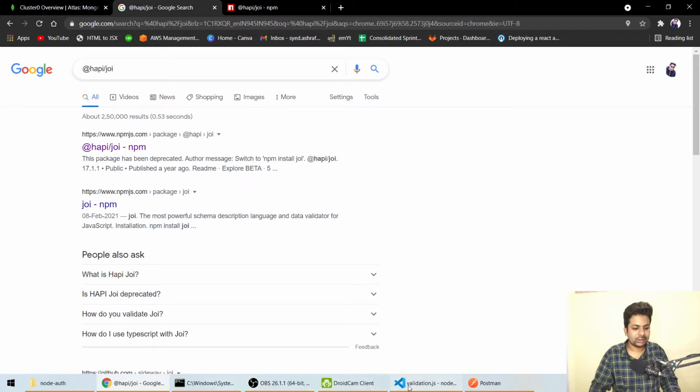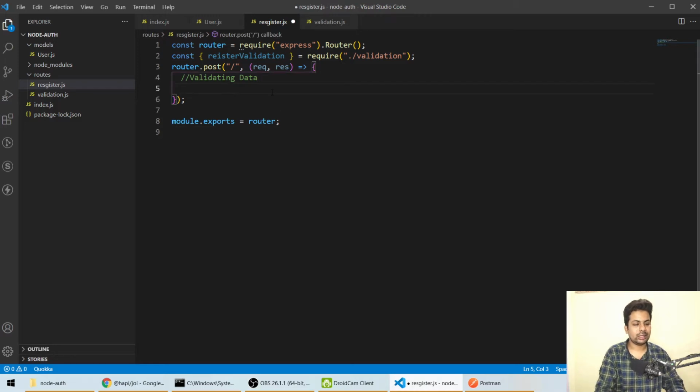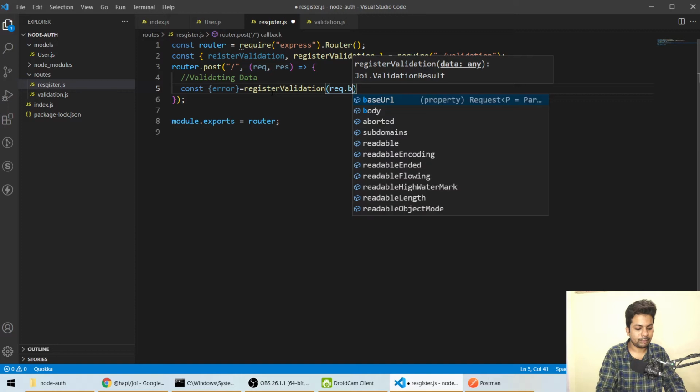Okay, where were we? Yeah, so in register, after that what we'll do, we'll pass the data to the register validation. So we'll say constant error comes back from that, and we'll pass the register validation, and we'll pass request dot body.